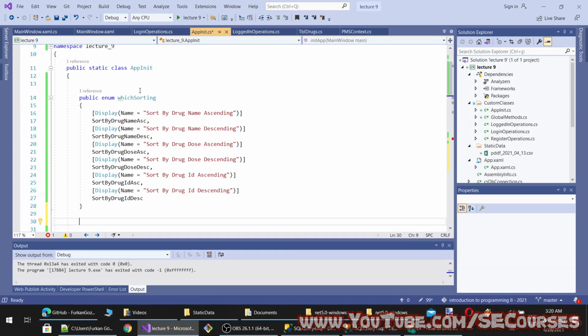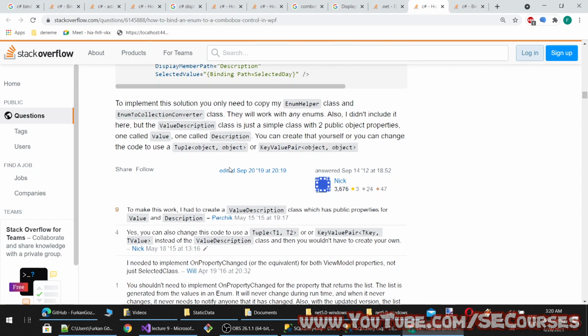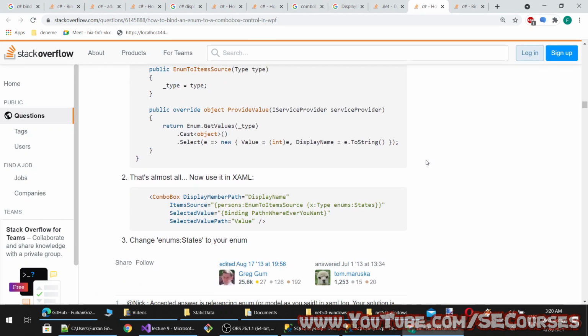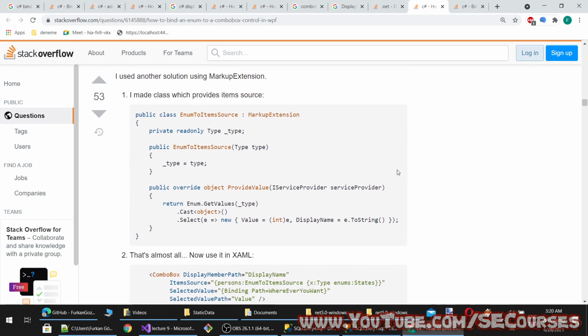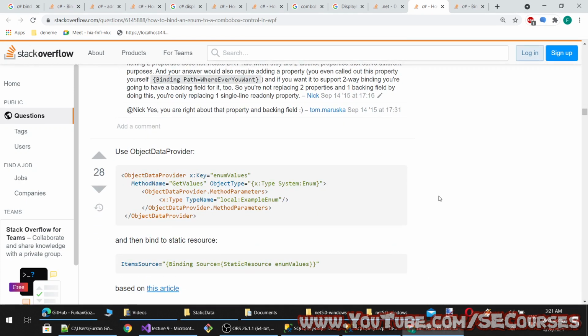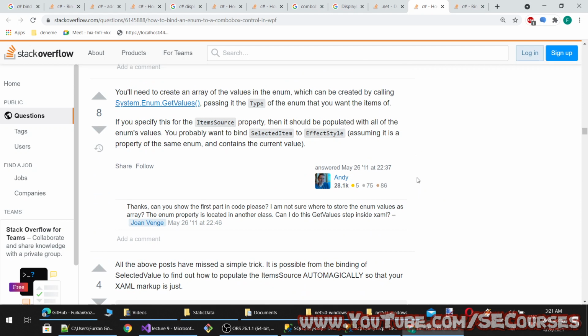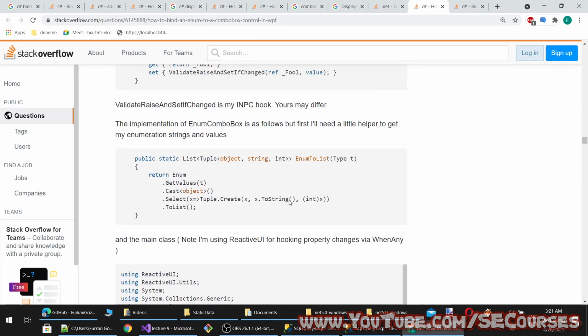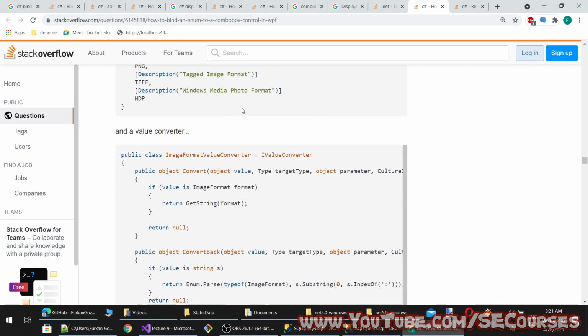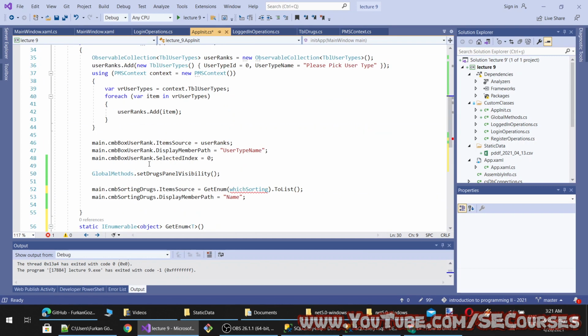Yeah, I'm looking if there is any easier solution, but there doesn't seem to be. Can we define a converter for this?